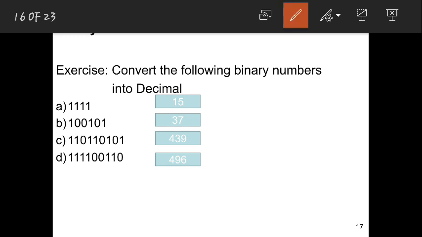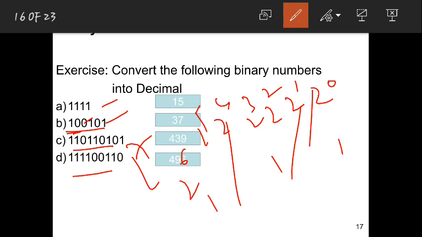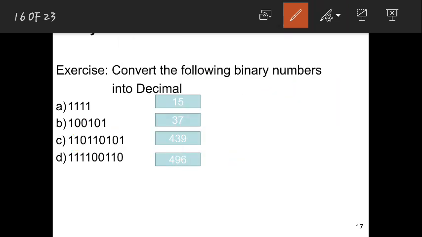See, this I know you will do, because for 4 bits you will write 4 positional weights: 2 power 0, 2 power 1, 2 power 2, 2 power 3. When your bits are increasing, don't panic. What you need to do is just keep on increasing your positional weights. Now here till 3. Next you have 2 extra bits, that means 2 power 4, 2 power 5. If you have 2 more bits, then 2 power 6, 2 power 7. You keep on increasing that, and wherever you have zeros, you just strike them, and add the ones together. You will get the correct answer.